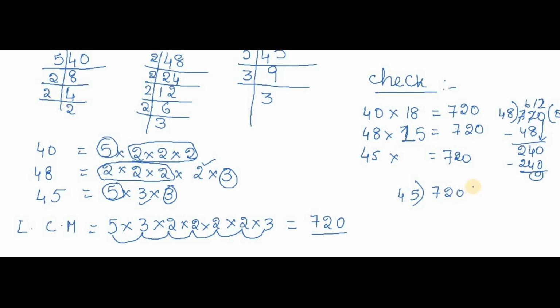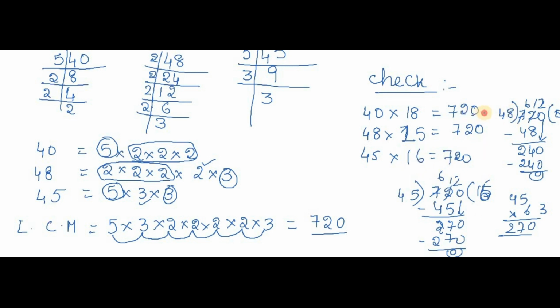As you all know that 45 2s are 90, we will go for 45 1s are 45, and 2 minus 5 is not possible, borrow, and this will come with the previous number 2. 12 minus 5 is 7, and the 0 will come. 45 5s are 270. Sorry, 45 6s are, because 6 5s are 30, 6 4s are 24 plus 3, 27. So 45 16s are 720, means my answers are correct.